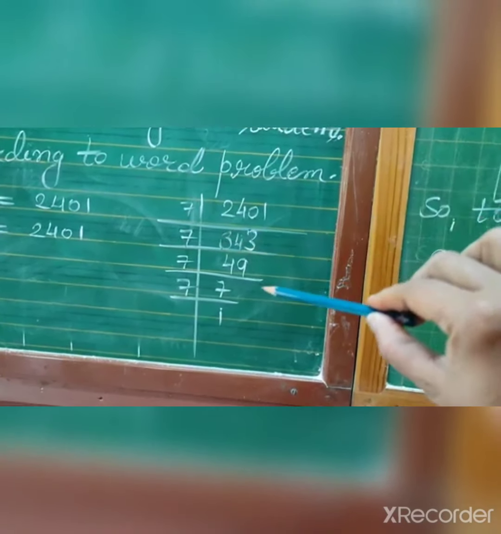Okay. Now question number 8. 2025 plants are to be planted in a garden in such a way that each row contains as many plants as the number of rows. Suppose that if there are 10 plants in one row, then 10 rows are there, and if 10 rows are there, then in each row 10 plants are there. Find the number of rows and the number of plants in each row.